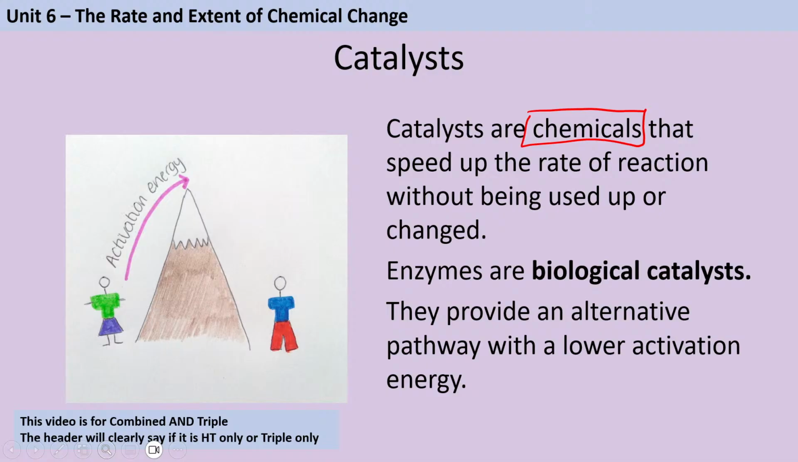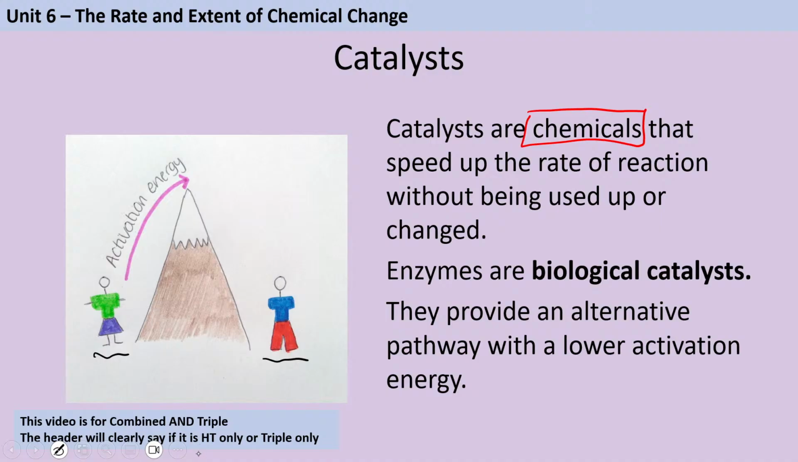And enzymes are an example of a biological catalyst. So enzymes exist within cells and they speed up reactions within that cell or within that organism. Regardless of whether we're talking about chemical catalysts or biological catalysts, they provide an alternative pathway that has a lower activation energy. So if here is me and I want to go visit my friend, it's going to take